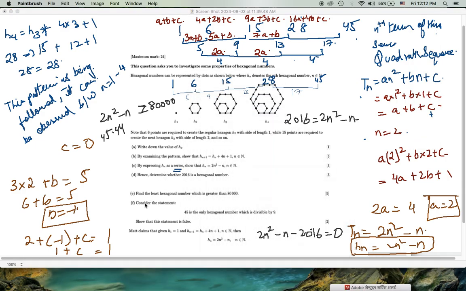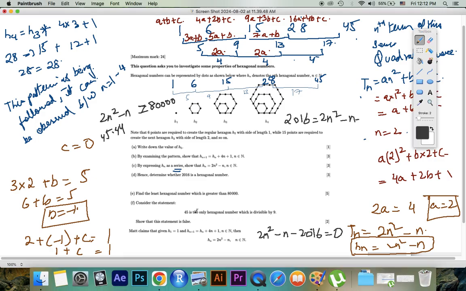Yes. Well, consider the statement: 45 is the only hexagonal number which is divisible by 9. Is that true? Let's see. Are we getting another number